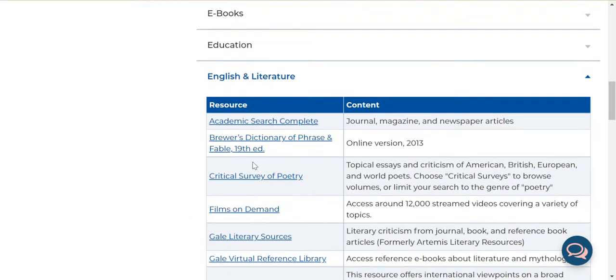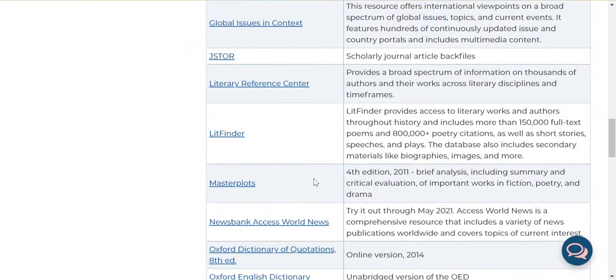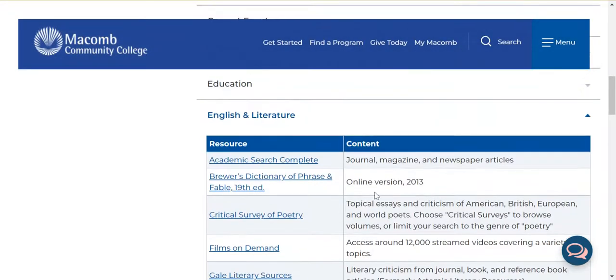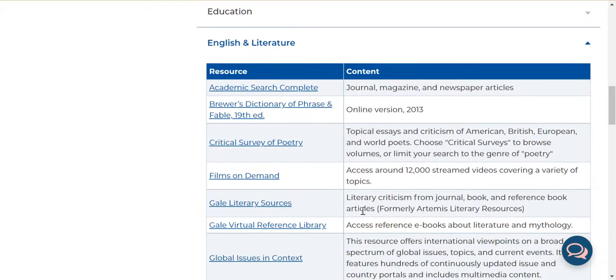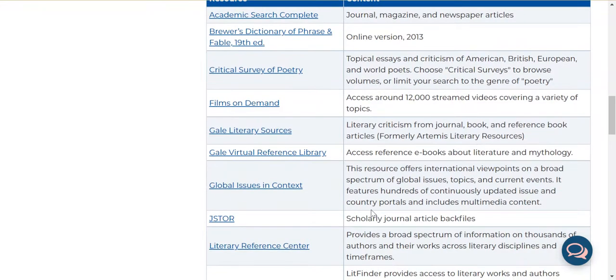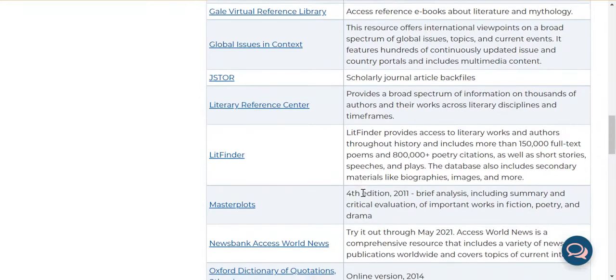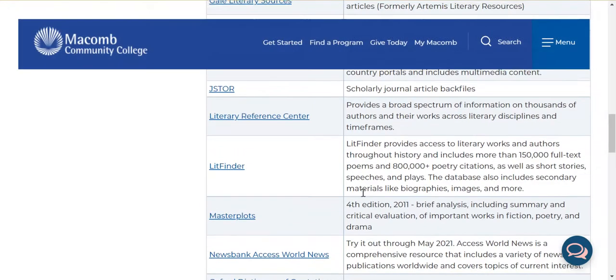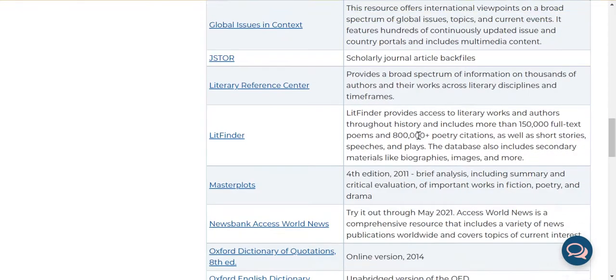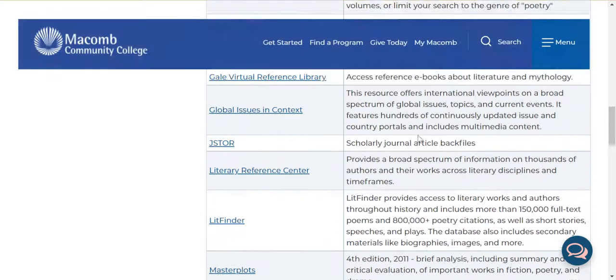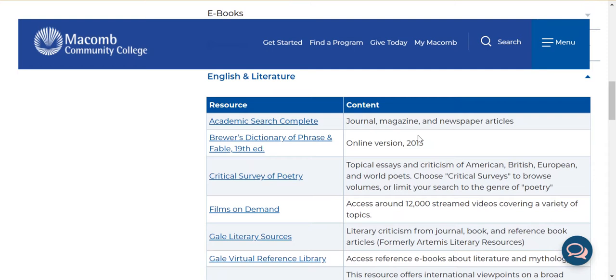In English and Literature, you'll see that several databases come up. You'll want to think about the ones that have journal articles, literary criticism from various journals and books. We see that in JSTOR as well, scholarly journal articles. So while the other resources may be helpful, be sure that when you're looking for support for the things that